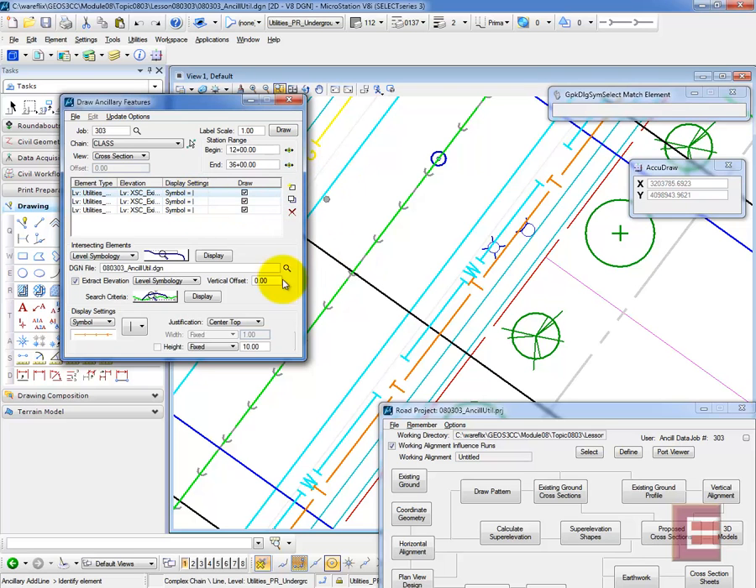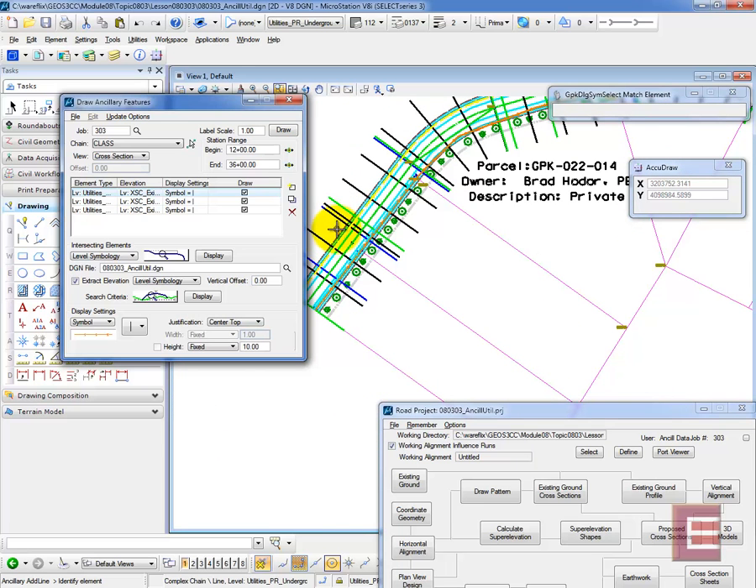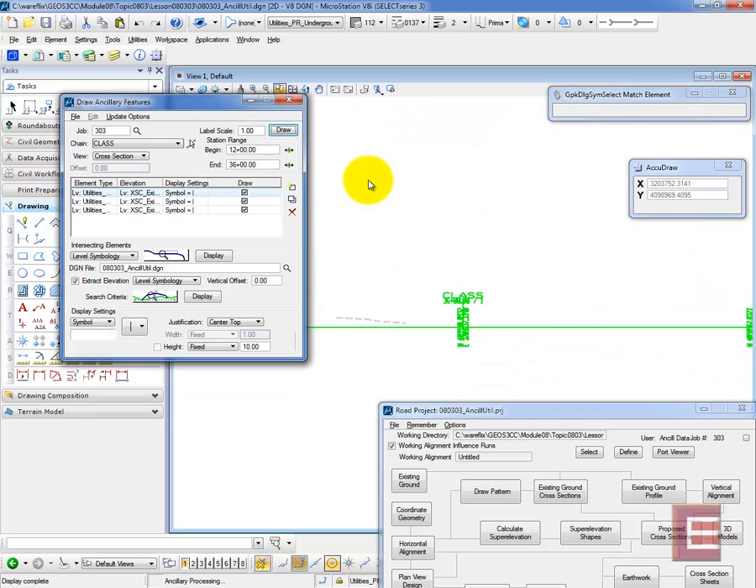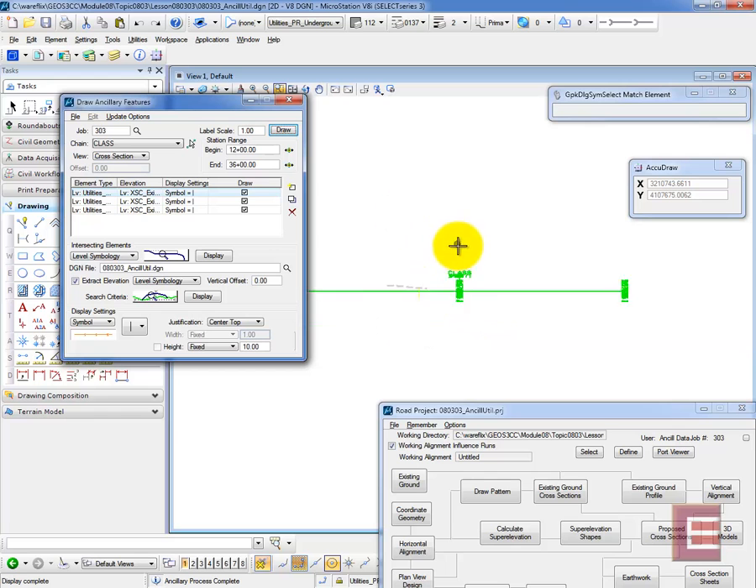Okay, now what's going to happen is when we first clicked on the first one, we should have heard a beep. And what that did is that changed this to positive height. That's because GEOPAK only accepts positive heights here. So let's see what happens when we draft this information in. So now we simply come up, make sure our label scale is 1, and click on Draw. We're going to delete non-modified elements and redraw and click Apply. That will run through all of our